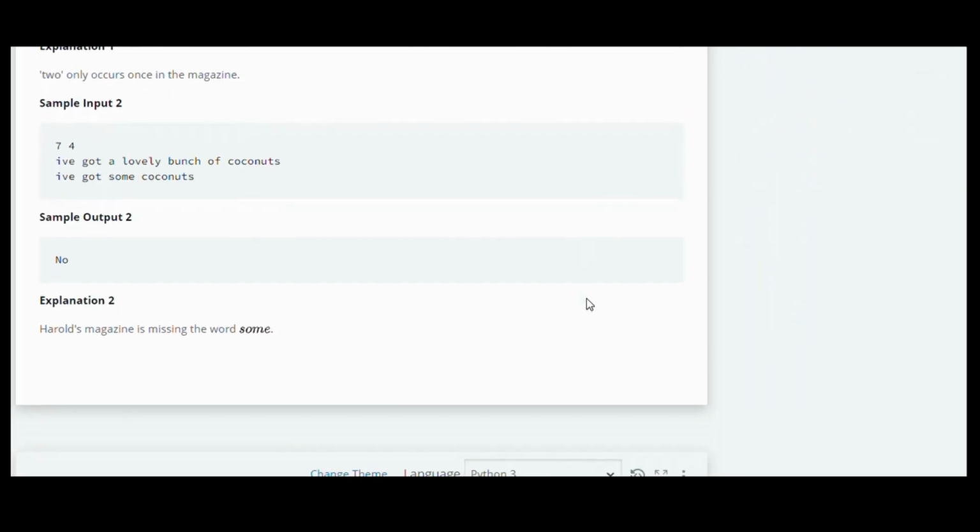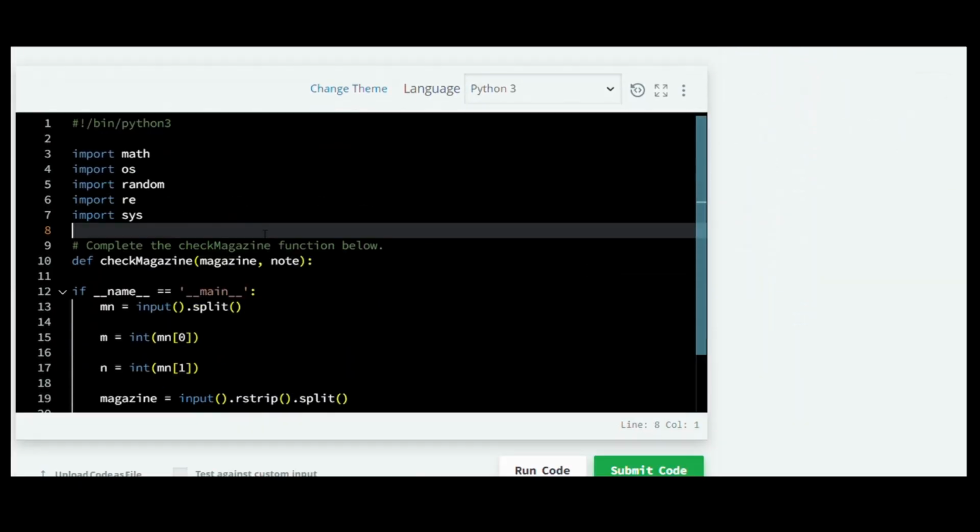Since this is a dictionary and hash map question, I generally use the collections library and I use the Counter function when I need to count words, because in this question in particular we need to see if the number of words that are present in the magazine are equal or more than the number of words required in the note. Since we can't use concatenated strings, the entire word should be present in both places, otherwise it's a straight no. So I'm going to import Counter from collections.